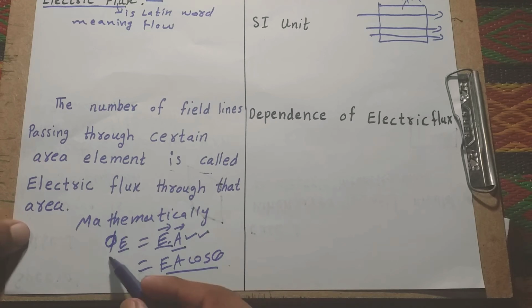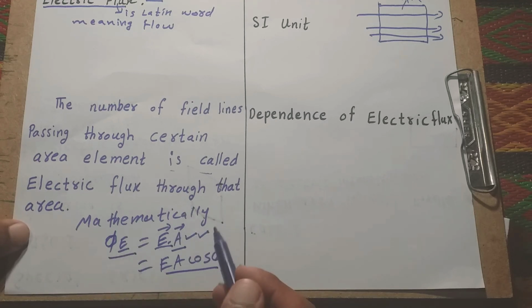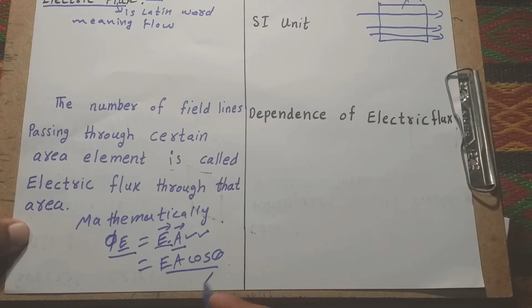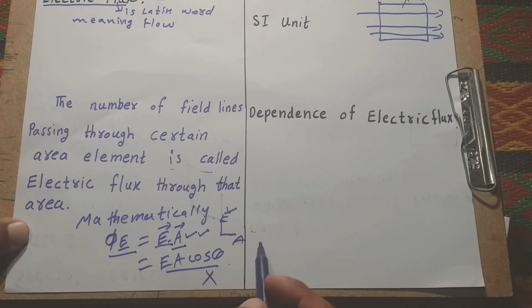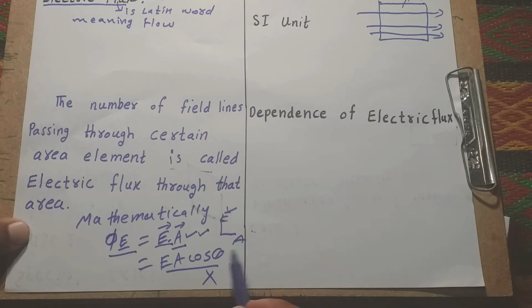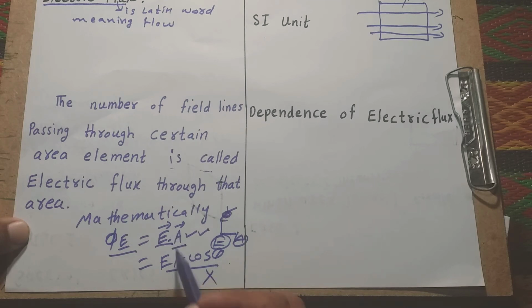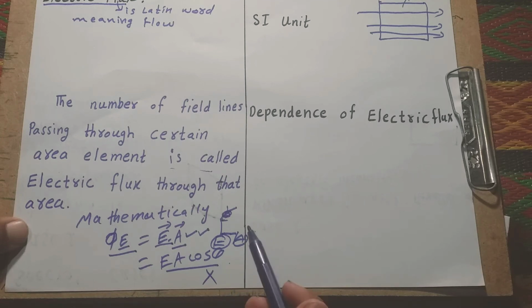Then electric flux is maximum. For the cross product, the area and electric intensity would be perpendicular to each other, so the angle between them is 90, and we know that cos 90 is 0. That is the reason we use